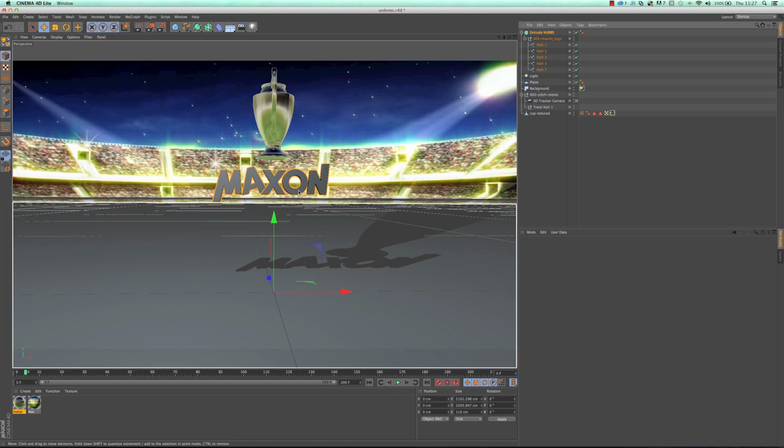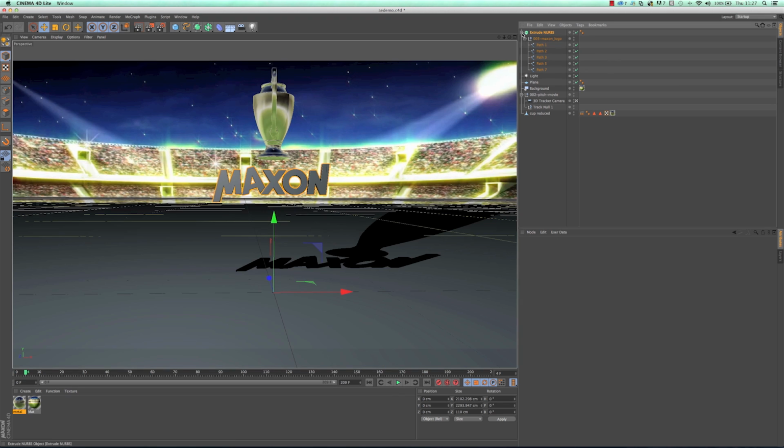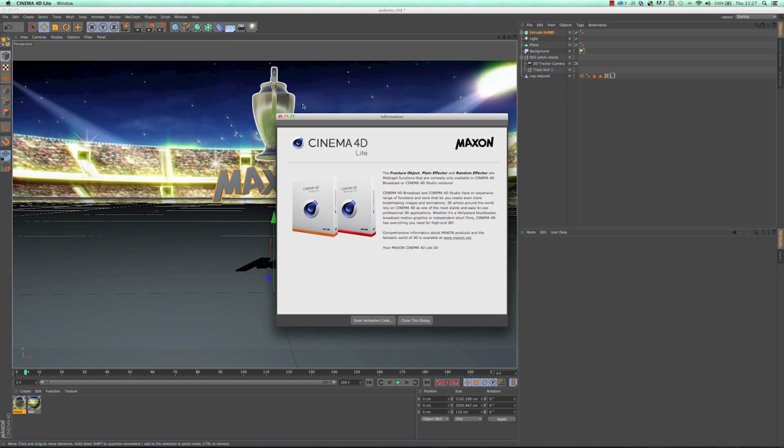Okay, so I've got the text here. Now, so we've seen one simple way of animating. Another way that you can animate is to use different other animation tools, and Cinema 4D is really well known for doing motion graphics tools, and it's got a tool set called MoGraph, which is accessed up here. Now, when you originally get Light, if you're working with Light, you won't have any MoGraph tools whatsoever. But if you want to do the next bit of the demo, you need to register the software. So when you launch Light for the first time, it'll say, do you want to register the software? And then you will have access to lots of different things.